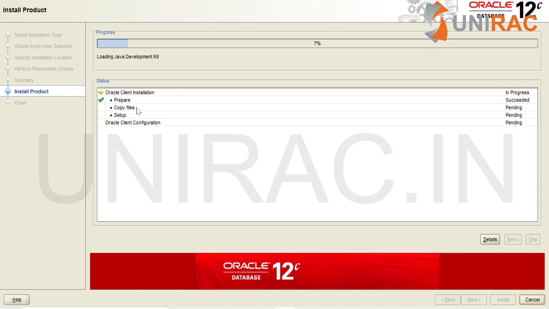You can see on the screen the status, which step we are in and whether it has succeeded or not. We are left with one step, install product. It's about to finish.